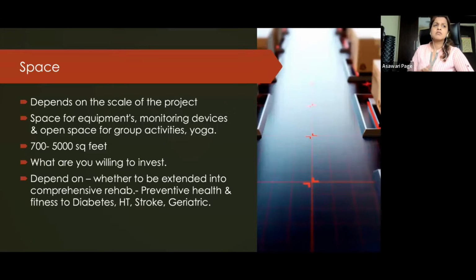So it's a holistic approach that you really need to give when you're doing an exercise prescription, along with the other systems, for example, the medical management. So you need to be in coordination with the main primary physician, and then of course the nutritionist and the psychologist. So everything has to be in coordination. All this will be taken into account if you want to invest in a center where you have all these things under one roof.